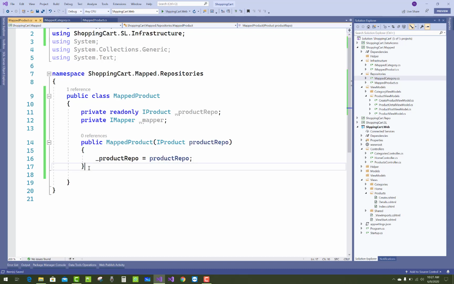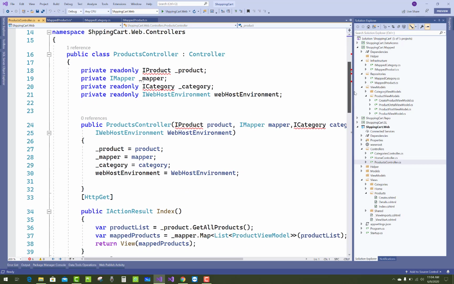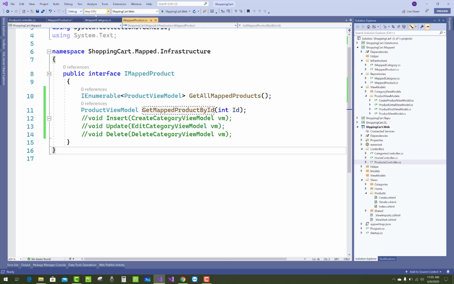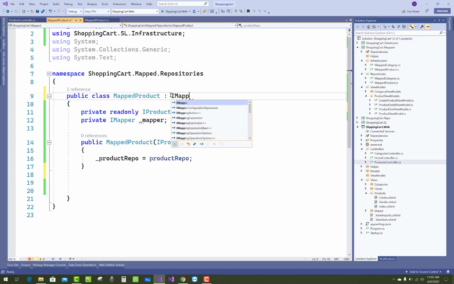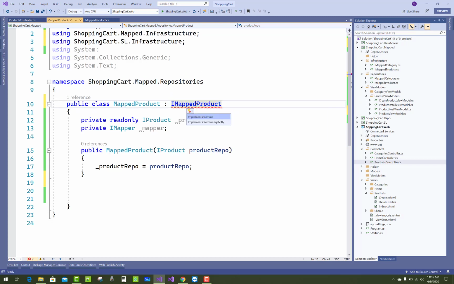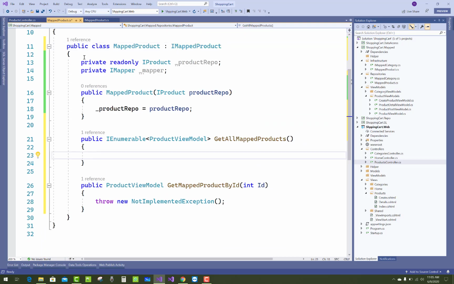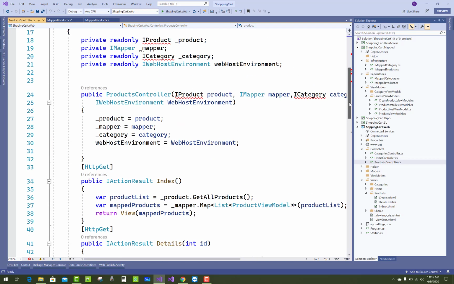Okay, that's cool. Now MappedProduct is implemented with the IMappedProduct interface, and add unimplemented methods, that is GetAllMappedProduct as well as GetMappedProductByID.